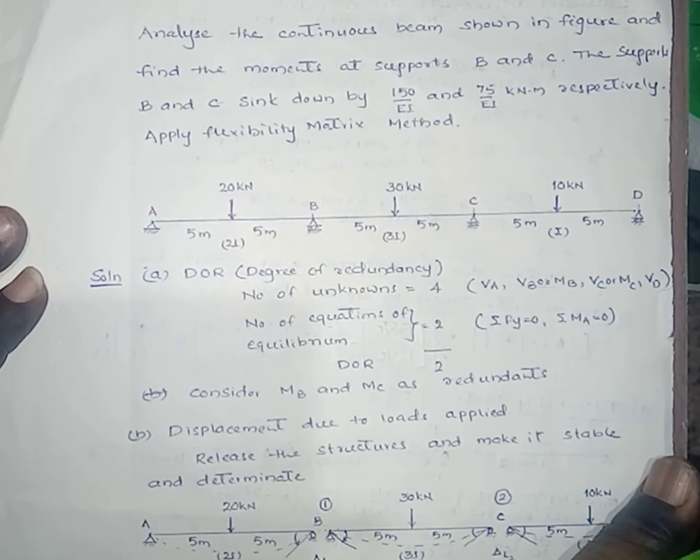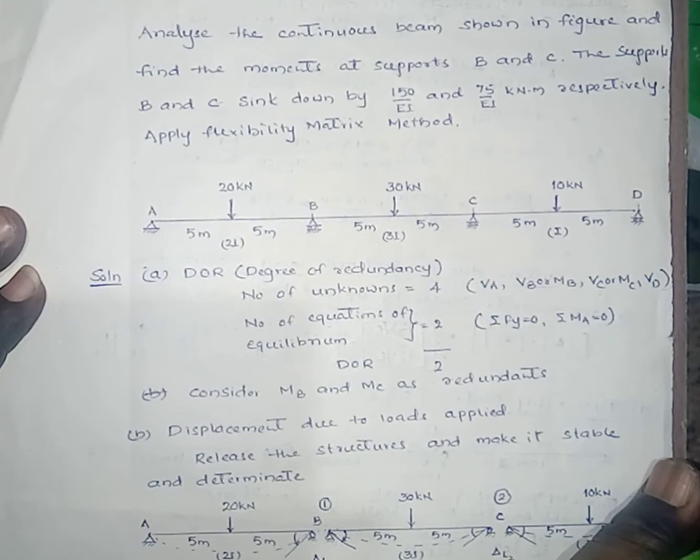In span CD, D is the end support which is on a roller. The total span is 10 meter with moment of inertia I and is subjected to a load of 10 kilonewton at a distance of 5 meter from either end. First you have to calculate